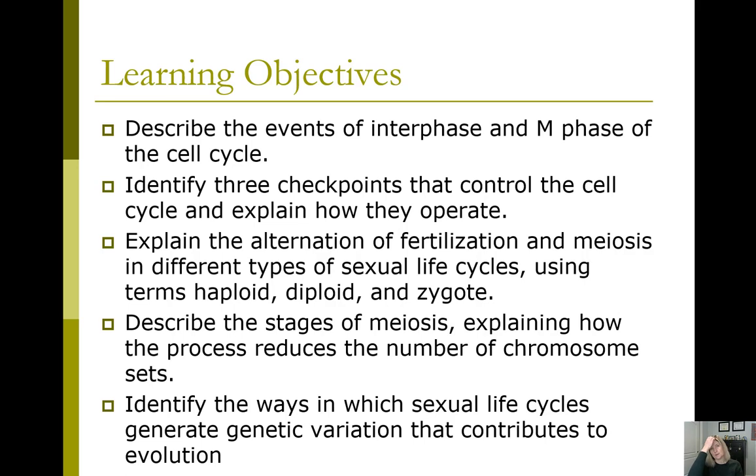So we're going to start out by looking at the cell cycle, what cells need to do in order to divide. We'll discuss the events at interphase, and then M phase stands for meiosis or mitosis. And then we'll talk about the checkpoints that come into play in the cell cycle to prevent a cell from replicating when it shouldn't be replicating or there are errors that have occurred. And then we'll talk about